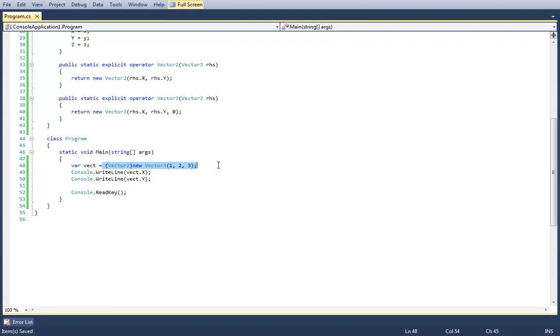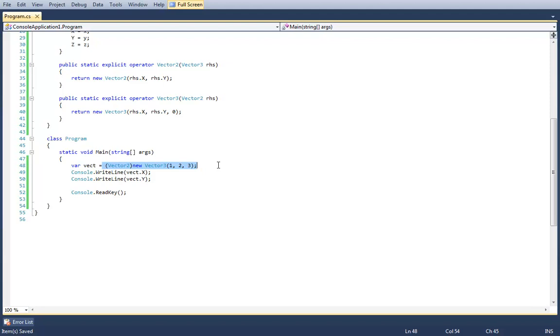This leads into a discussion of why not make everything implicit? Well, the answer is, just like with all the base types in C#, you should only ever do implicit conversions when there is no loss of data between the conversion.